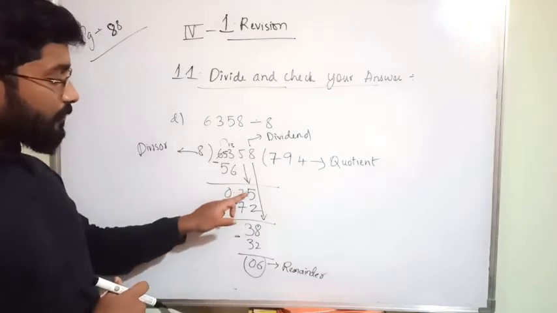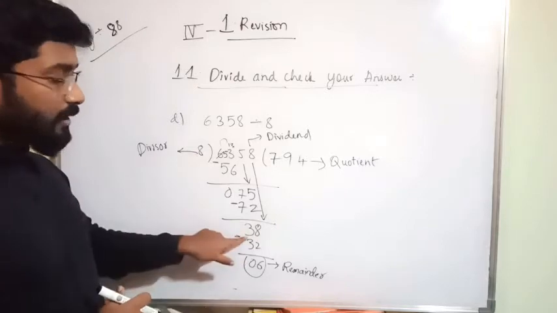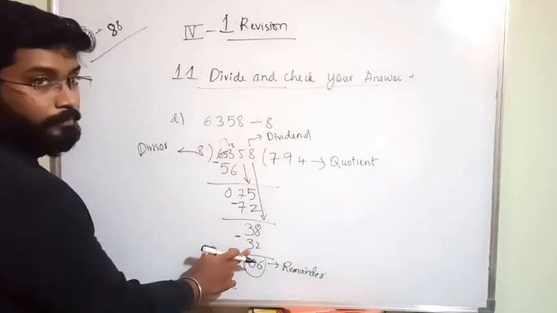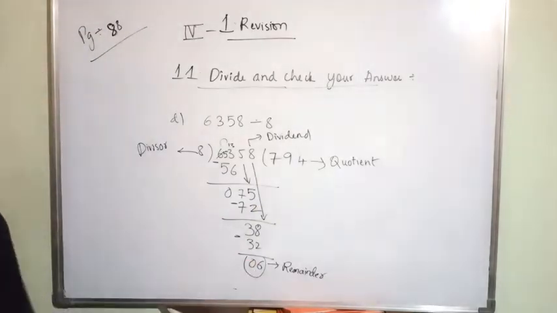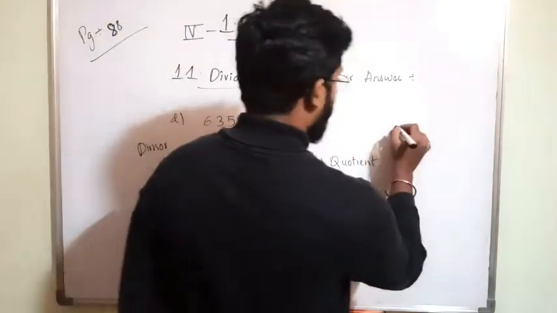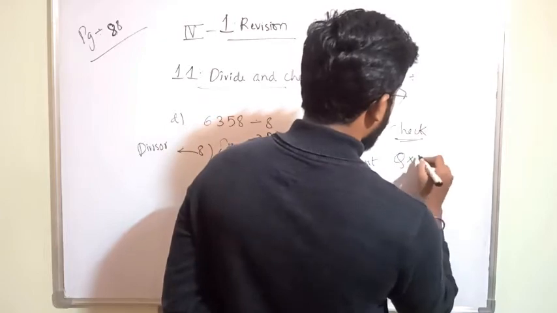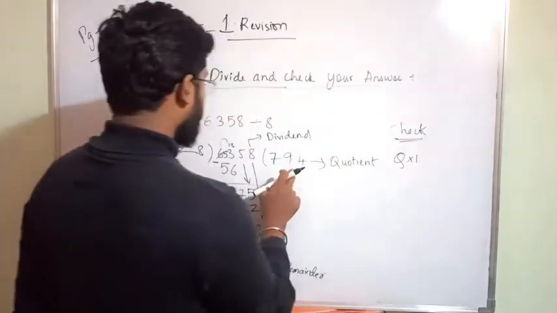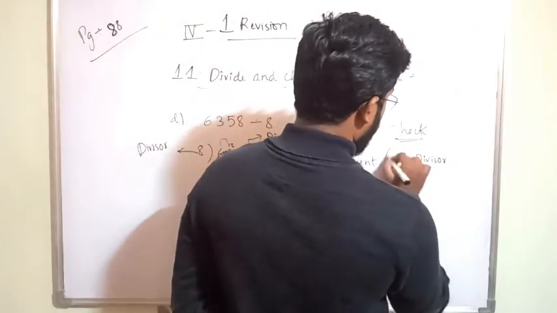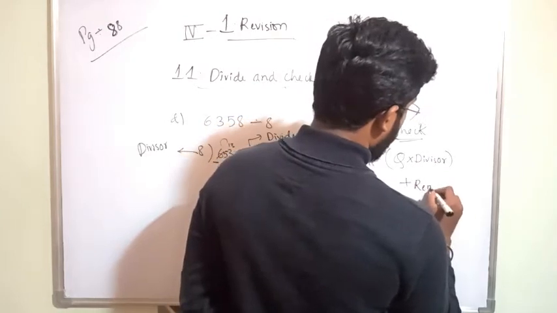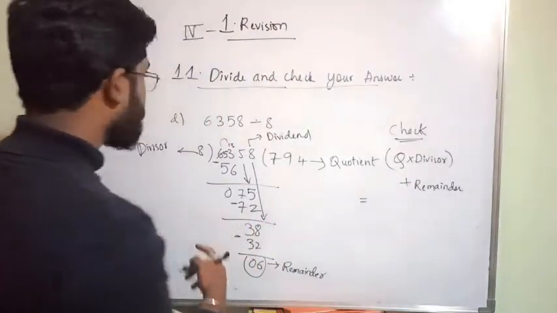Again 5 minus 2 is 3. Okay. Again bring down 8. So in the 8 table will you get 38? No, but you will get 32. So 8 4s are 32. The remainder is 6. If you do the subtraction, you will get 6. Okay, let us check whether it is correct or not. How to check? Quotient into divisor plus remainder, you have to do. Okay, so quotient into divisor, how much?